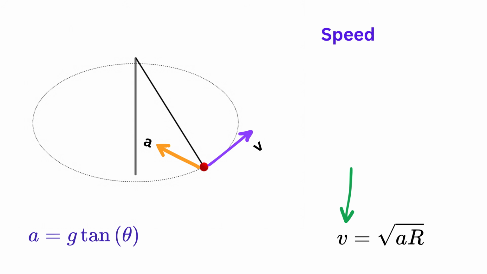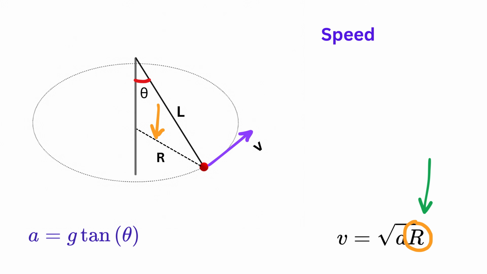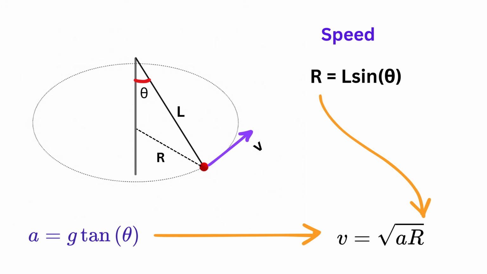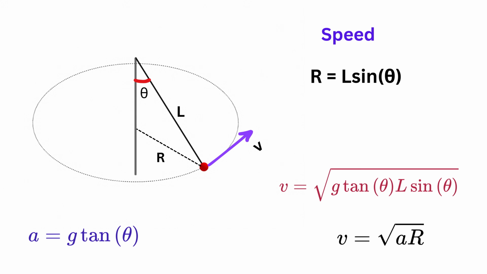So, to find this v, we will now have to calculate the radius of the horizontal circle r. From the geometry of the cone, the radius r is the horizontal projection of the string, or this length, which is the length L of the string multiplied by the sine of angle theta. Substitute both a and r here to get v as square root of g tan theta times L sine theta,